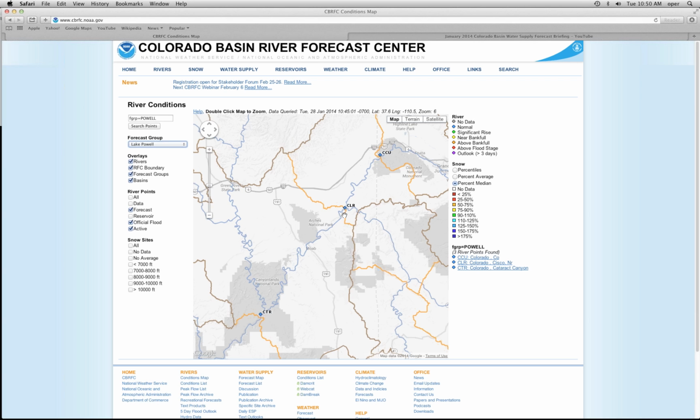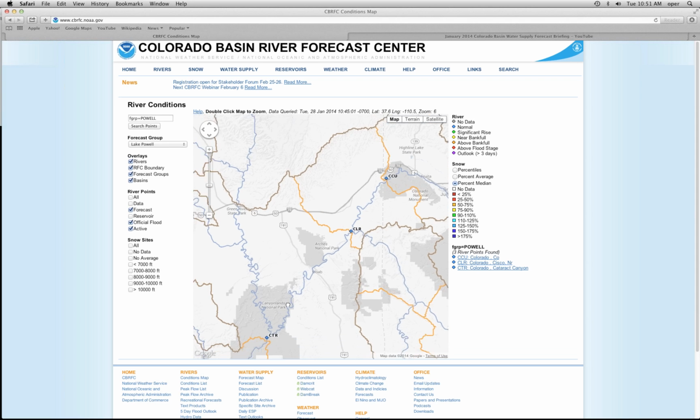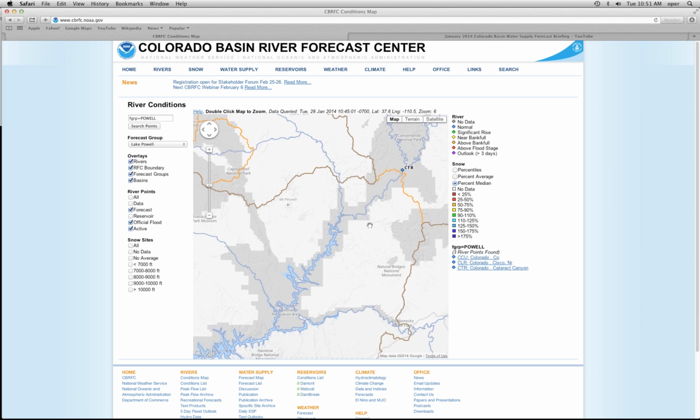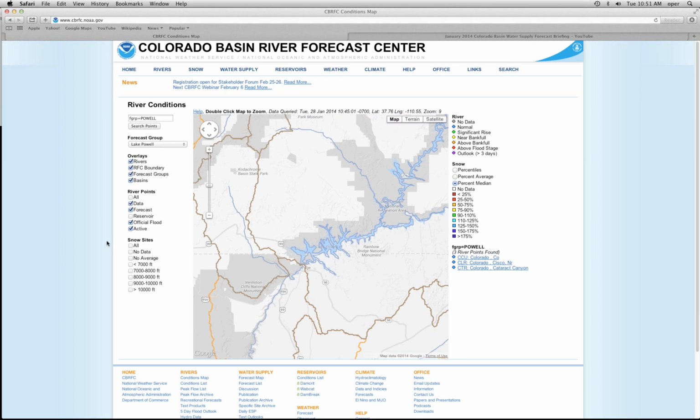You can then pick that particular point, select that point. This is Colorado at Cisco. You'll get a pop-up display, which is quite handy if you just want to take a short look. You can also, just like with Google Maps, slide the display any direction that you want and show those particular points. We'll go down here to the bottom of Lake Powell,